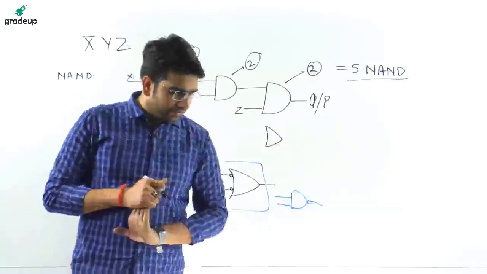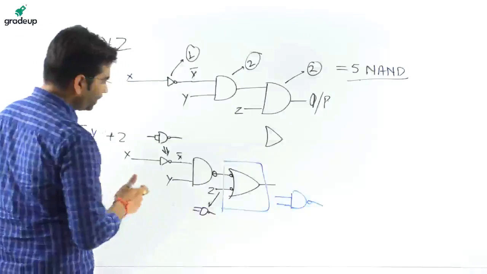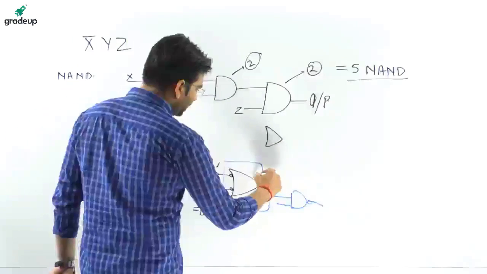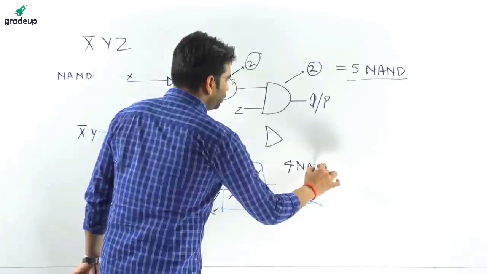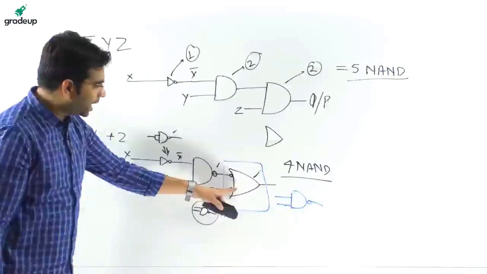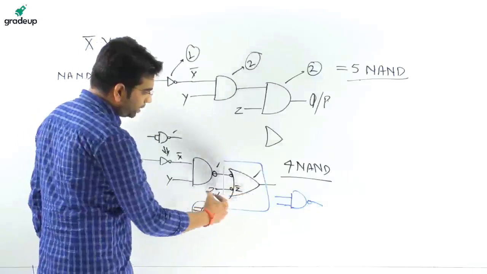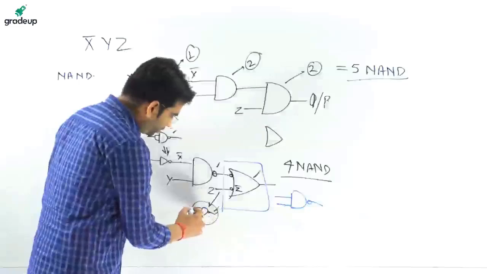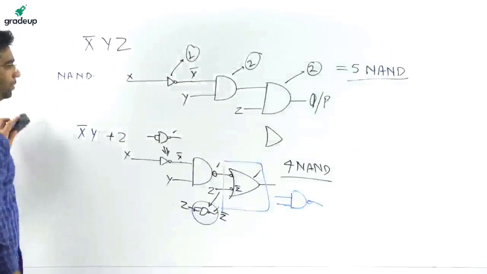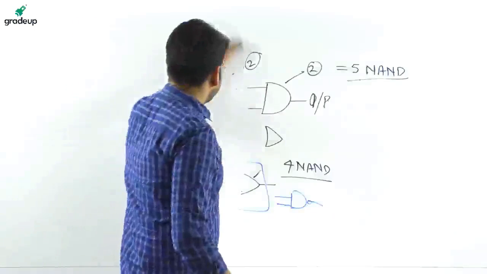These types of questions are very common in exams, so you have to go through them. And in this situation, 1 NAND gate, 2 NAND gates, 3 NAND gates, and again a 4th NAND gate. 4 NAND gates are required to implement this function. Why have you used this? Because what goes in here will be Z. Right now what is going in? Z bar is going in. After placing this, to reduce it to Z, Z bar will again be barred, so it will be Z. For more types of questions we will be solving in the MCQ section.